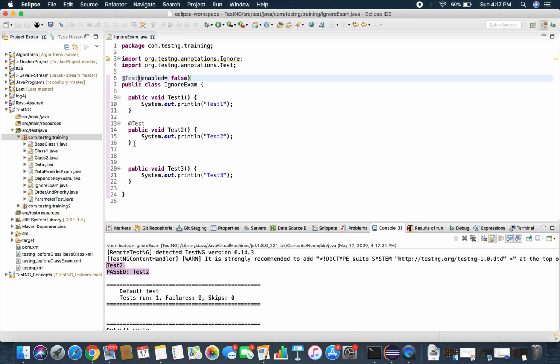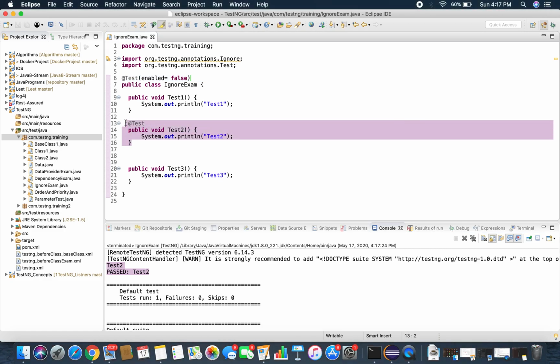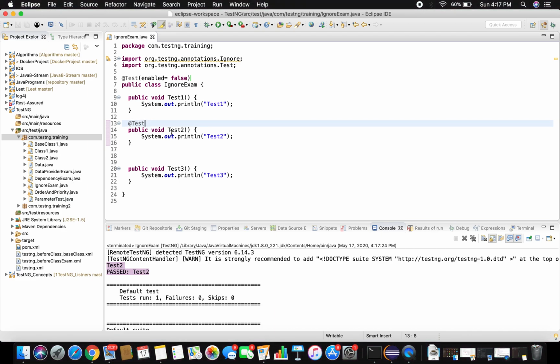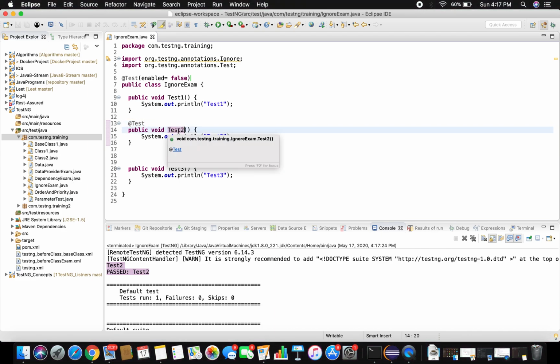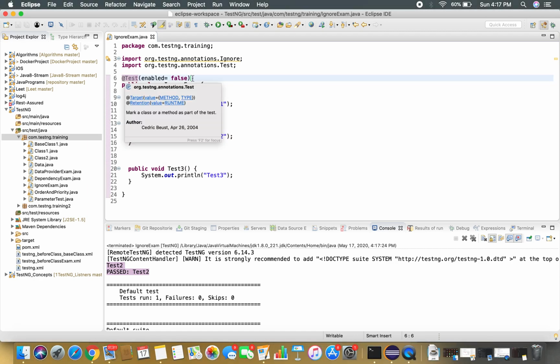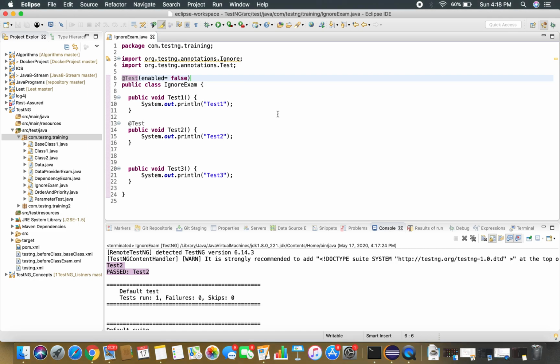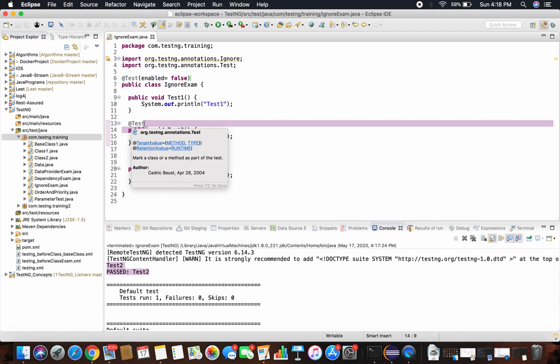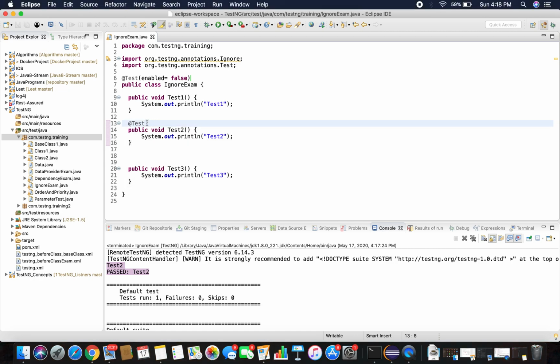Why is this test 2 executed? Because the method level @Test mentioned on this test 2 has a higher priority than the class level @Test annotation. If you disable at one level and enable at the other, the method level has a high priority, and because of that reason this gets executed.